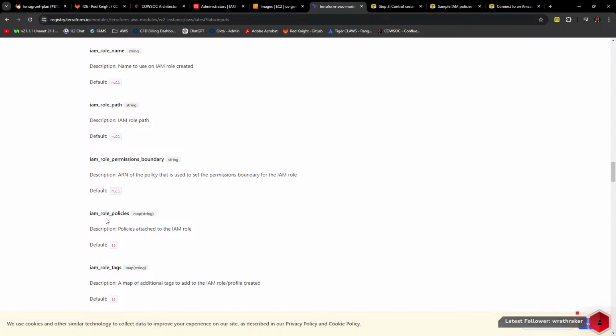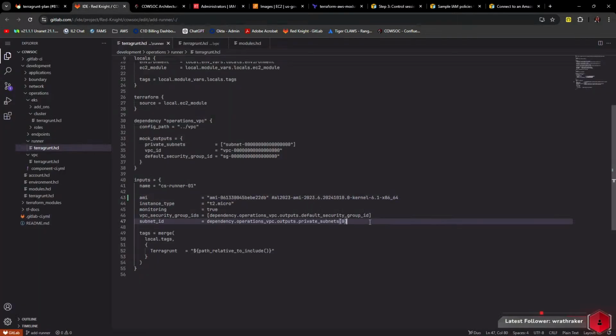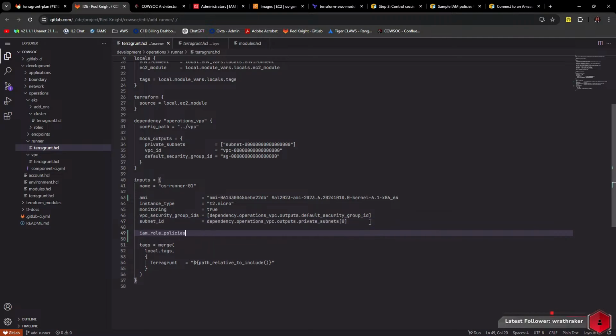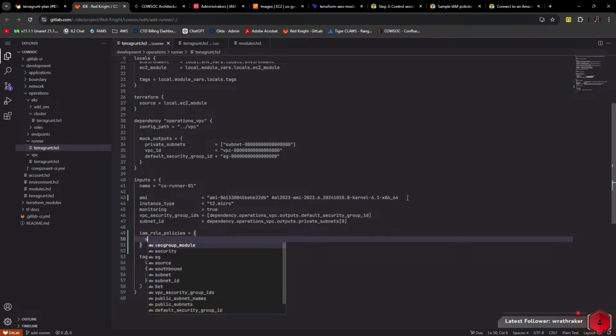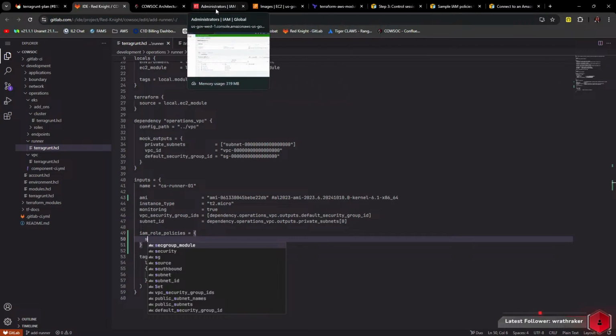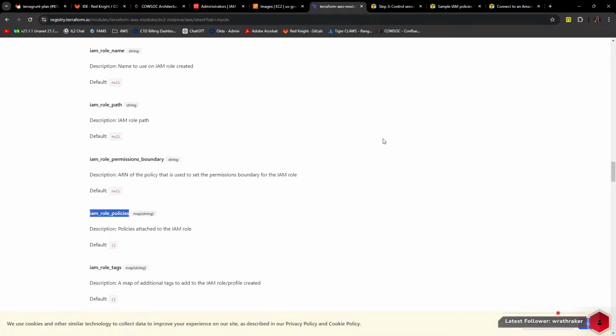I kind of like that. I think that's what we should do. Yeah, let's do that. Okay. So it'll create its own role, but that's fine. So we come down here. All right. So the policies we're going to attach. Here's an example where, this is going to be a map of strings,